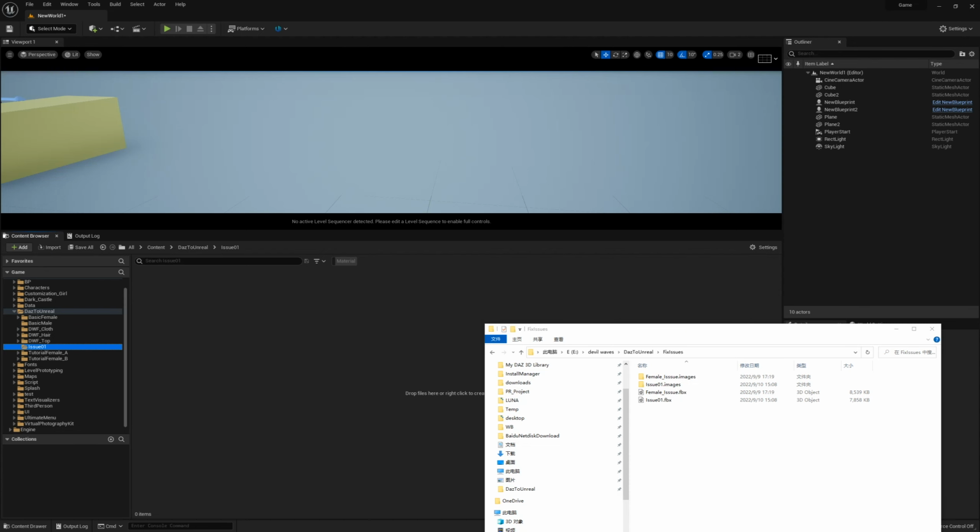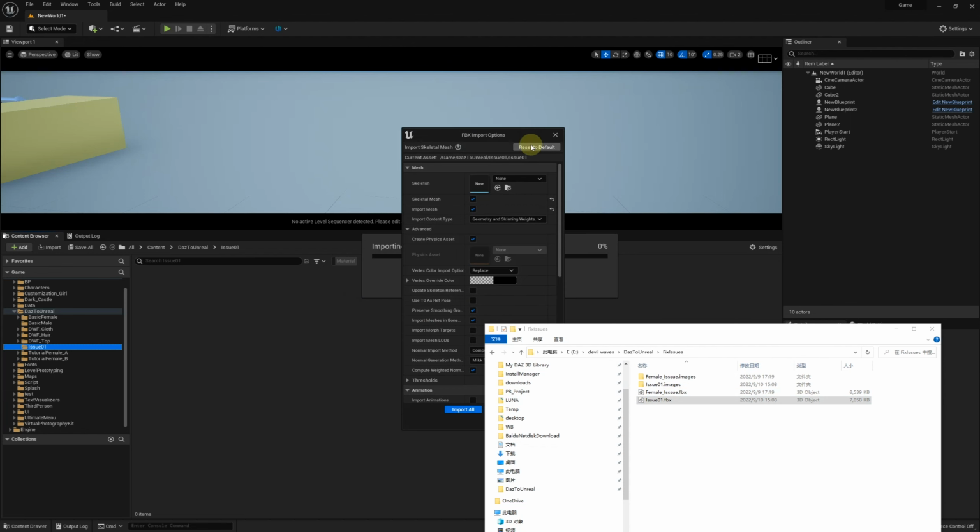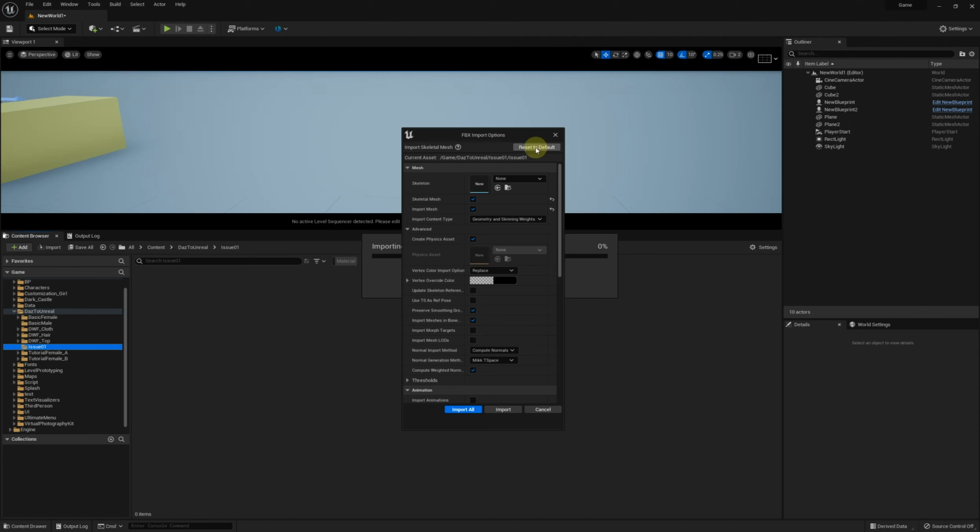Switch to Unreal. Drag the FBX into Unreal. Reset to default and import all.